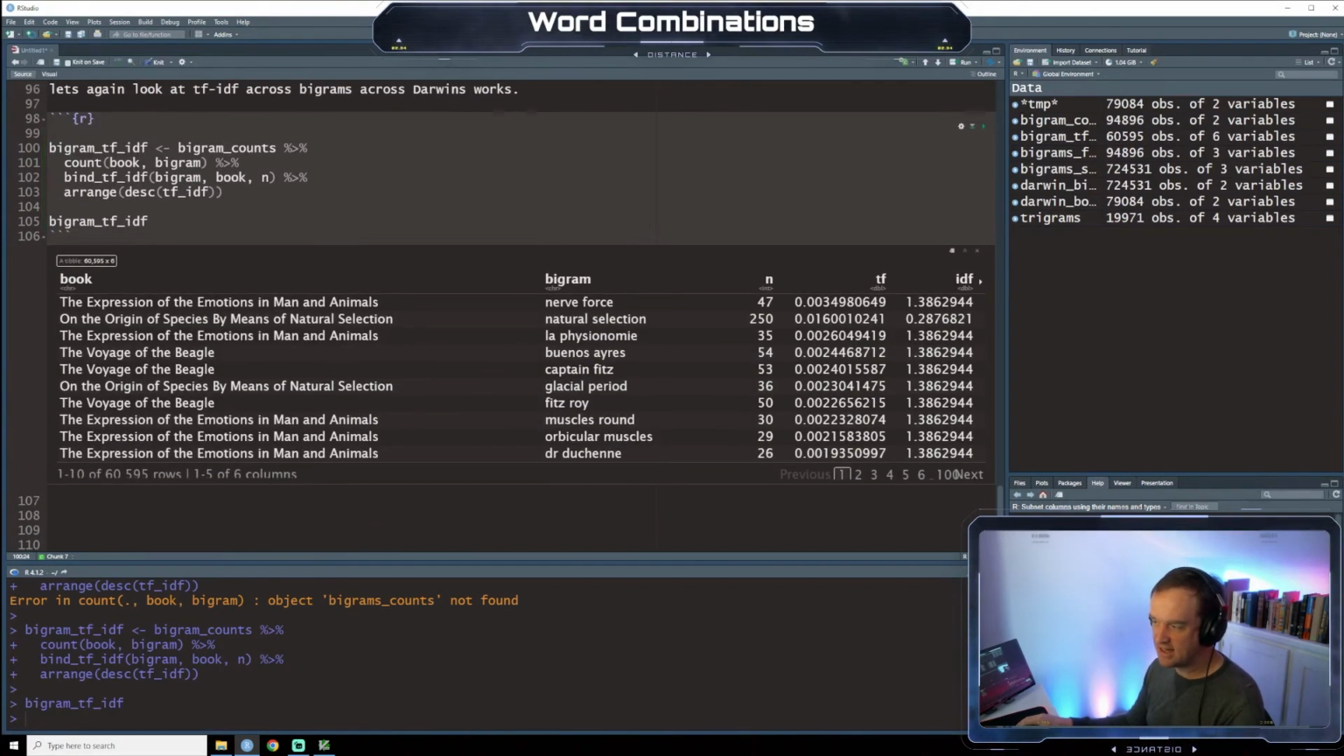Okay, so we have this TF-IDF thing. So remember, the number here, the IDF, is the rarity of the word, or how common the word is compared to the rest of the words. So if you have a higher number, that's good. That means you explain more. So nerve force, natural selection,